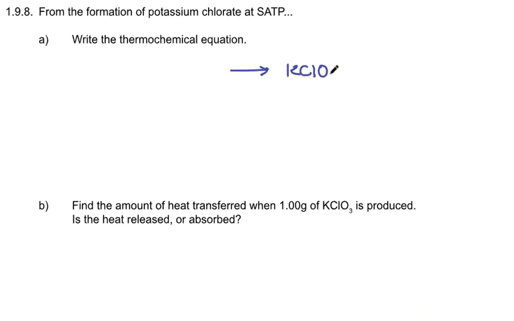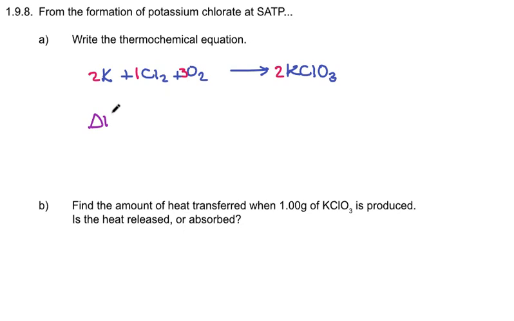This is potassium chlorate, KClO3, and if we're forming it, it comes from its elements, which will be potassium, chlorine, and oxygen. Potassium is a metal, chlorine's a diatomic gas, oxygen's a diatomic gas. If we're balancing this, 2 and 3 on the oxygens makes me want to go to 6, my common multiple, and now I need 2 potassium there, and I need 2 chlorine, which I already have. So there's a balanced chemical reaction, and if we want to make it thermochemical, we need to do a delta